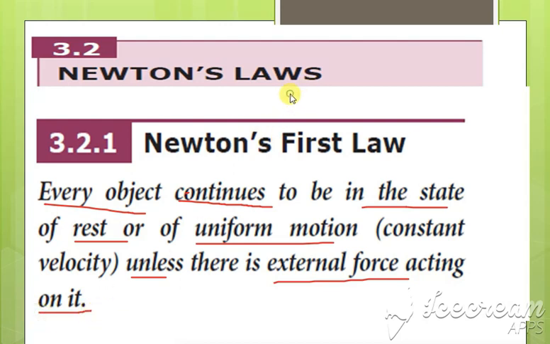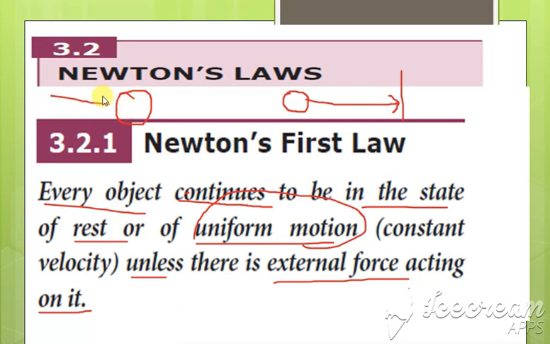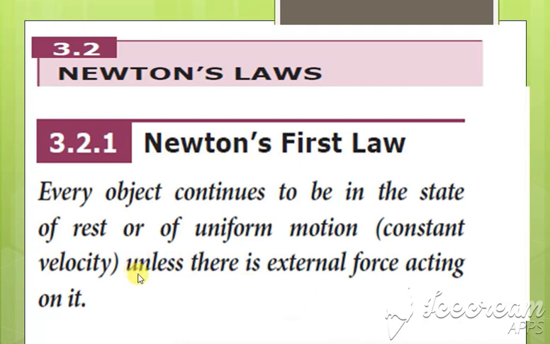So consider this to be the object, and this object is in continuous motion. If it is moving, there should be an external force to stop this. If not, what happens? This object will continuously move. Same way, consider this object, and this object is at rest. So it will be at rest until there is an external force. If you push it, what happens? It moves. But till before that, it will be at rest. So that is the statement which is said here. So every body continues to be in the state of rest or of uniform motion unless there is an external